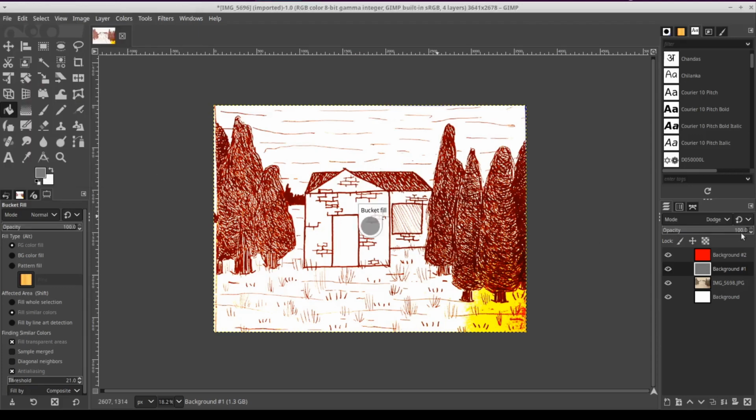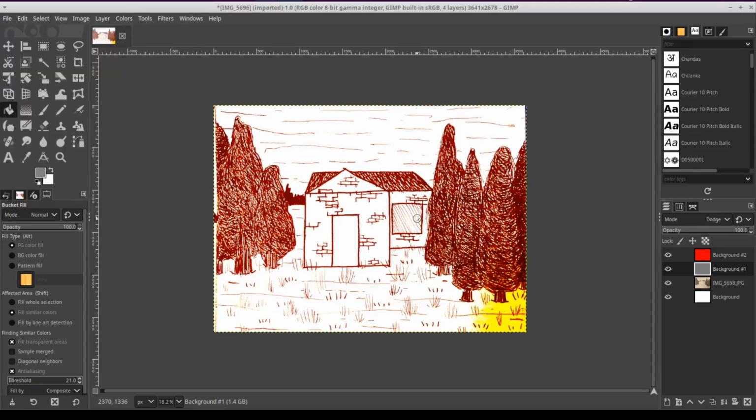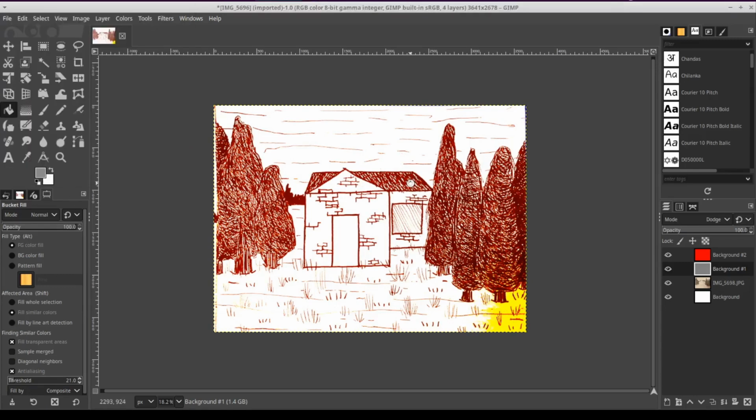And this layer here, this bright red layer, is just for the purpose of visualization here. It's not actually going to end up in your line art. So you kind of just have to keep experimenting with lighter and lighter colors.